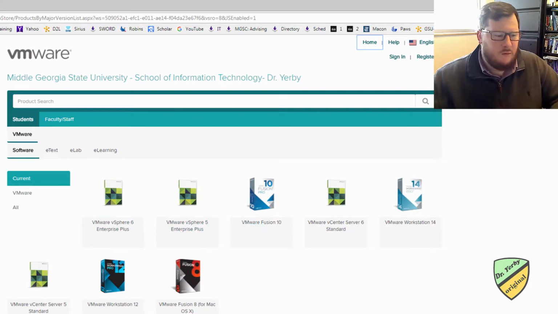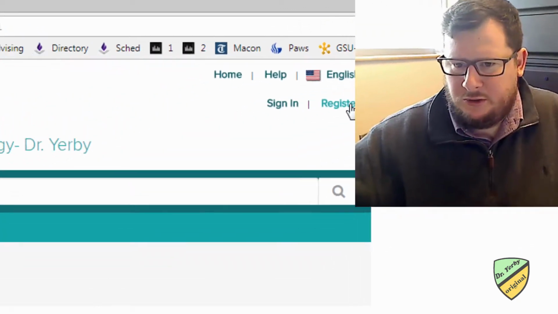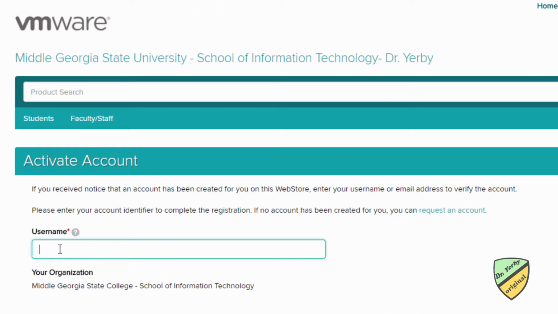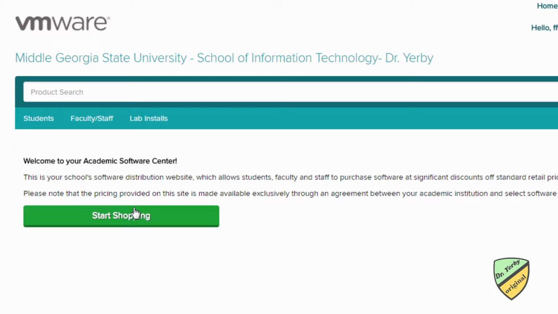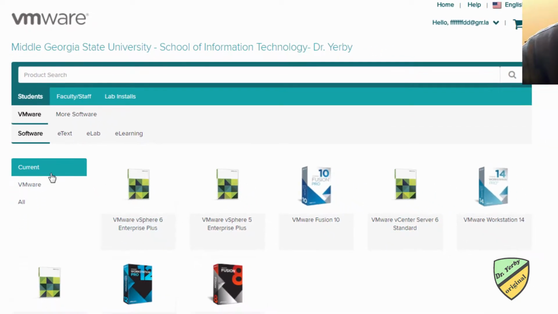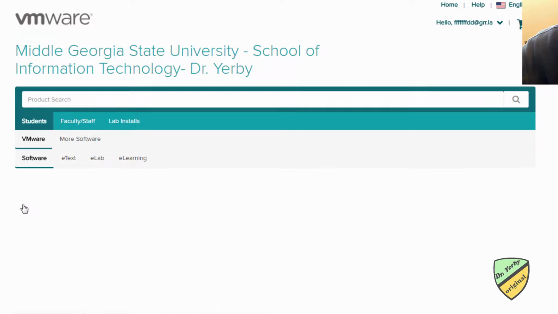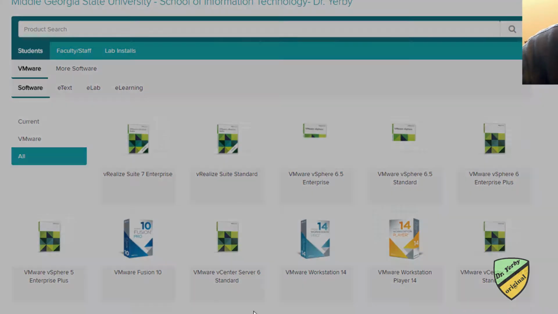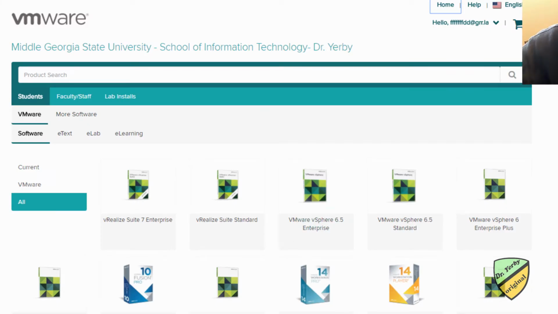If you are one of my students, or if your professor has sent me a listing with your email addresses, you'll have an account in here. If you've never used the website, you'll go through register, put in your username, which will be your .edu account, continue, and then it'll ask you to create a password. And you can start shopping, and then you'll see all of the different VMware software that you'll have access to